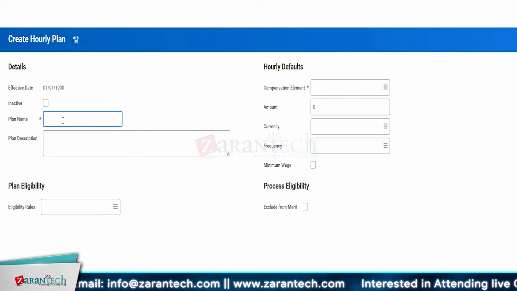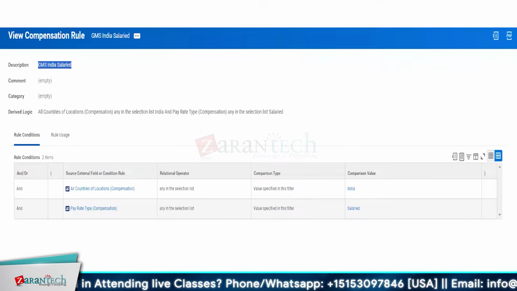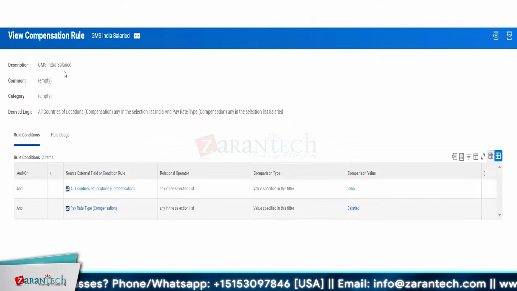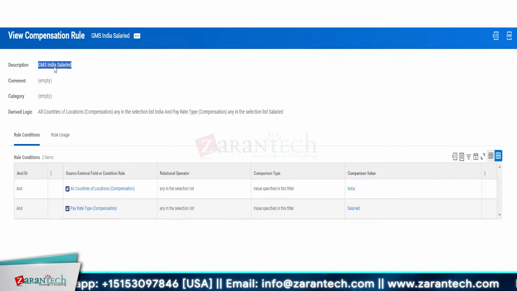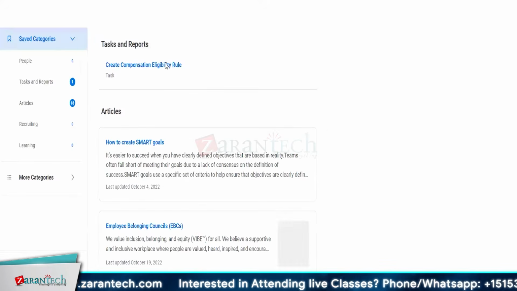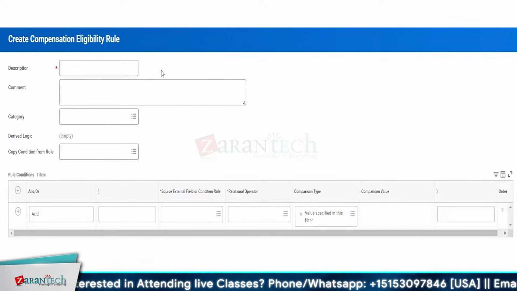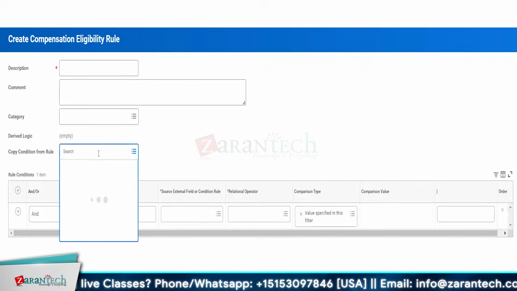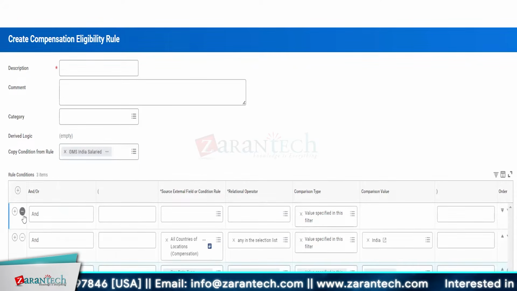So here I'm going to say GMS India hourly. I want to create a new compensation eligibility rule, but I would like to use it as a copy of this. I just have to change this to hourly. So I'll say create compensation eligibility rule. And Workday has a neat feature where you can copy the eligibility rule. So I'm just going to provide copy from condition rule, GMS India salaried, and it will